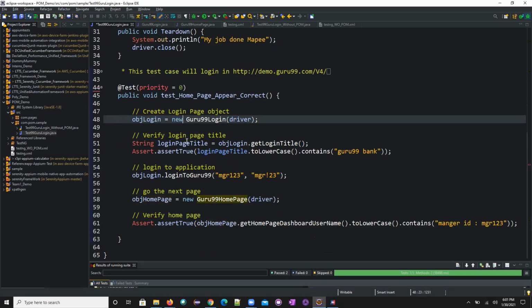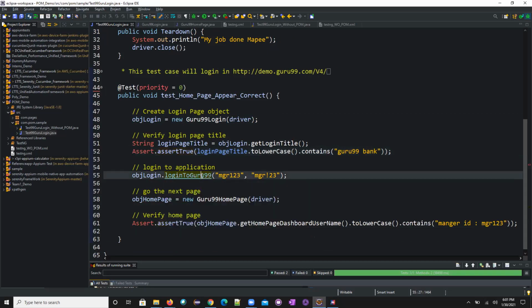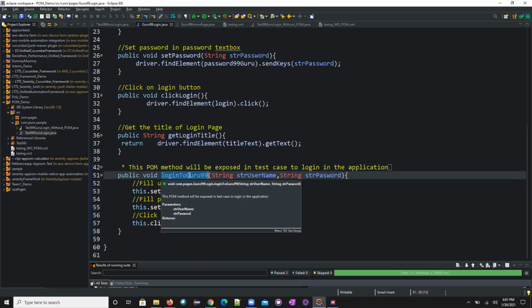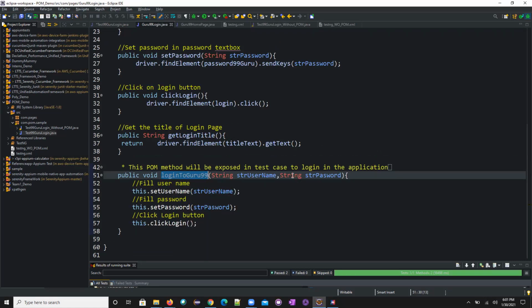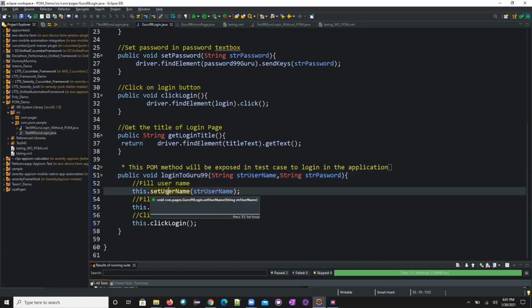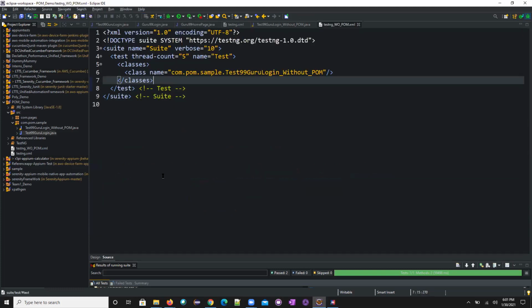Now first, what it was trying to do: getting the login page, doing the assertion and doing the login. See now login, if I click this method here, it will go to this declaration here, and here I'm passing username and password. This is login page. So here in the login page, I define this method, right? It has the username and the password and the clicking login button. So 3 steps I consolidated into one single method and I'm calling it over here.